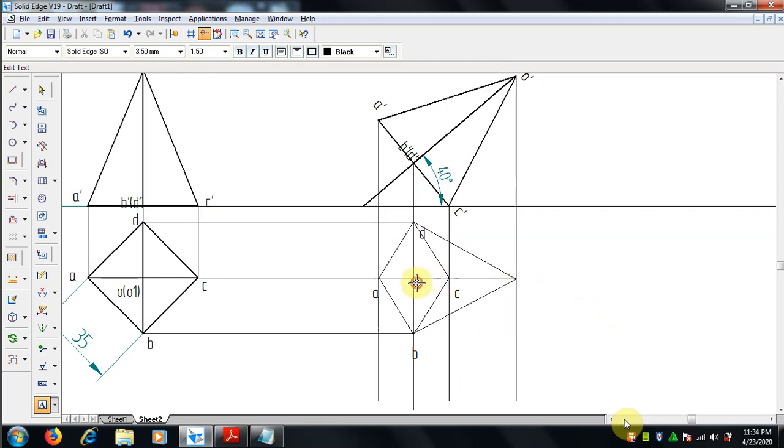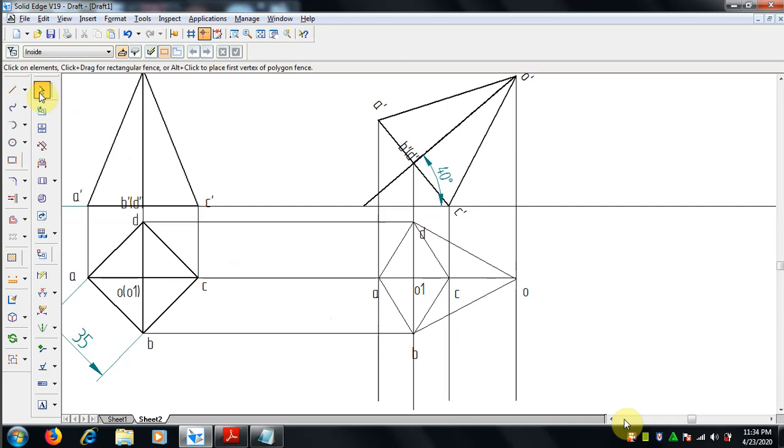Now we have to make which is visible and which is non-visible, that is the hidden lines, everything. The axis line starts, the base is O1 and the top is O. Now the boundary, as I said, first make the boundary visible fully. This is from the top. If you see, this is the maximum area, that is the boundary of view. So first it should be covered, then it's easy.